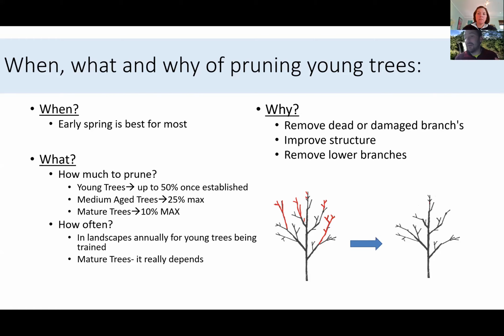That's because fire blight can move in the phloem of the tree further than you can visually see it in terms of the symptoms. So the winter is the very best time to remove it. If you're removing fire blight during the growing season because it's a super bad infestation or something like that, you want to be absolutely sure you're sterilizing your tools between every cut with rubbing alcohol. That's probably the best one to use with most tools. You can also use bleach, but that'll pit stainless steel tools. So we don't want to be putting our stainless steel tools in a lot of bleach. It damages them.